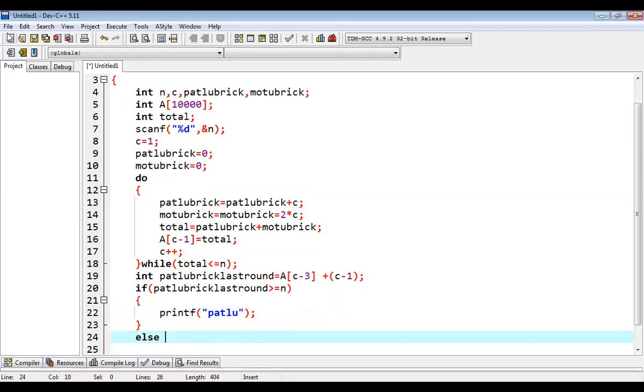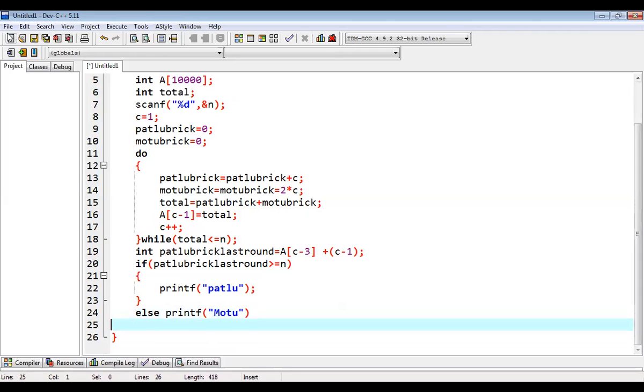Else it will be printing Motu. I think that's over. That's fine.